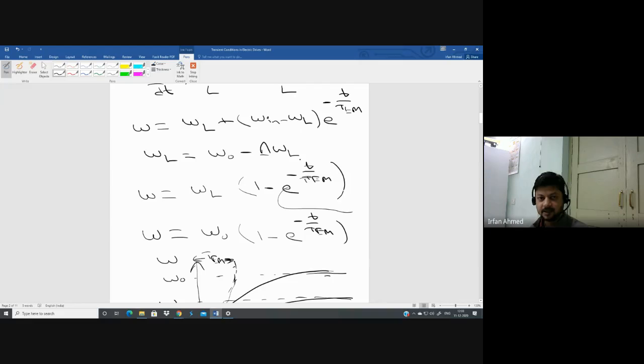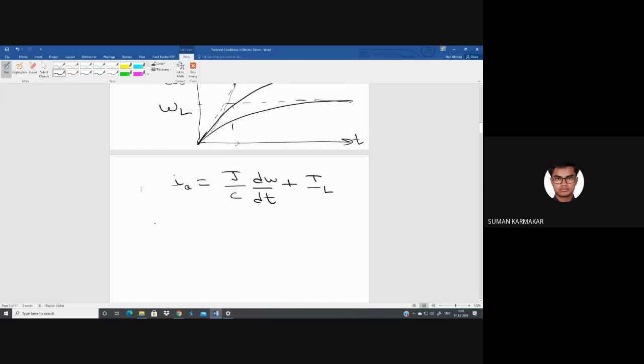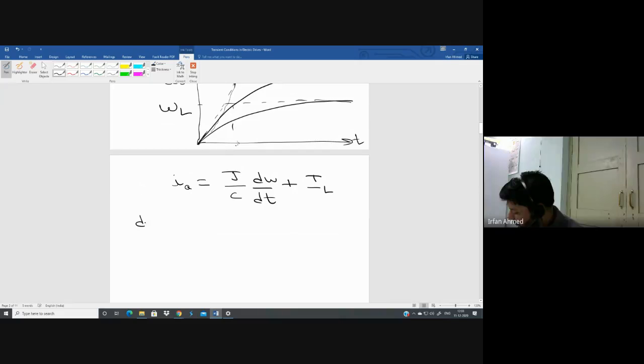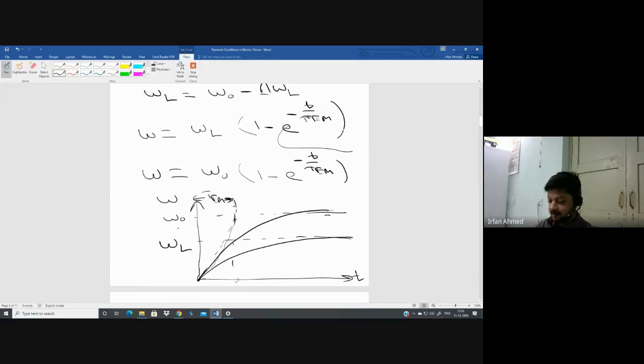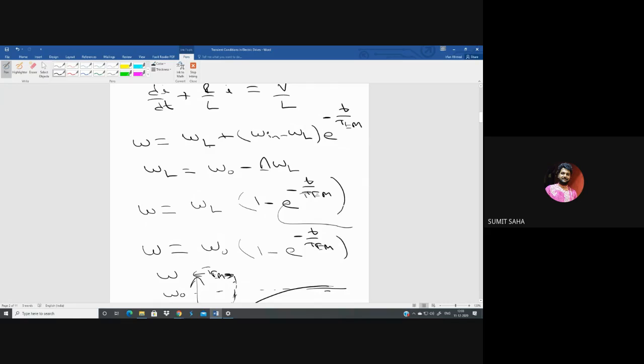We can write that, if we differentiate this equation, what do you get? The left hand side is d omega by dt. That is equal to